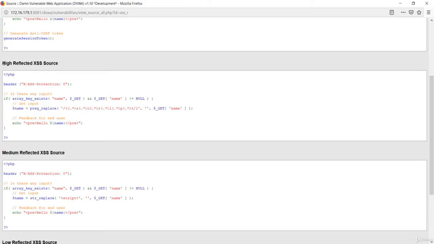If you will see in high level security, they have used this function preg_replace, and what this function is doing, it is replacing the script part, this part, whether it is case sensitive or not. The i here stands for case insensitivity, and it doesn't matter what character has been added between script. It will eliminate the whole part and will put a blank space instead of it. So we have to use a payload which doesn't include the word script in it.